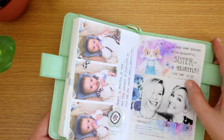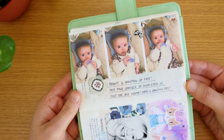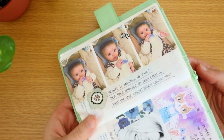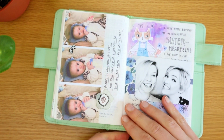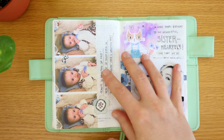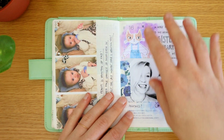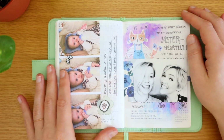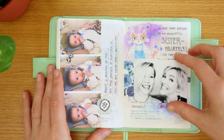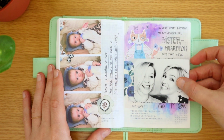Oh yeah, here we have just some pictures of my niece. She's growing up so fast and she's such a cutie, so whenever my sister sends me pictures of her, I like to include them either in my daily journal or in my 5-year journal. I think on the right side of my 5-year journal, most of the pictures I've included this year have been of my niece growing up. And then it was my sister's birthday, so I tipped in this photo of us from,